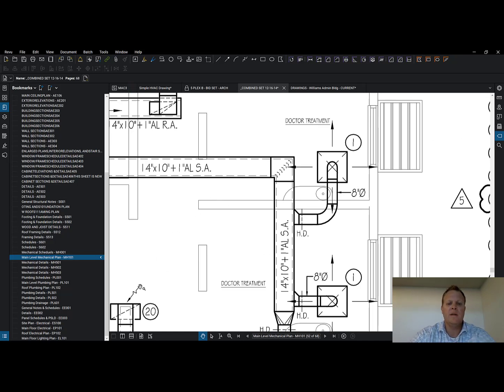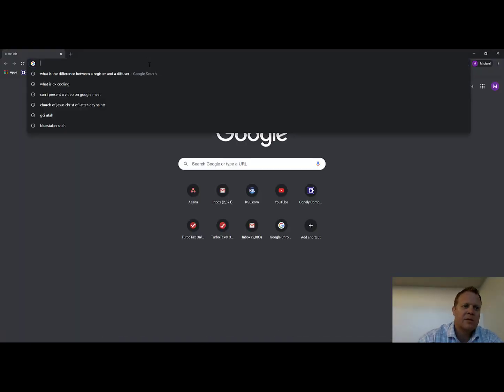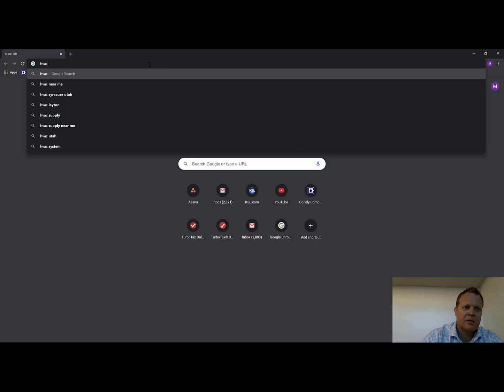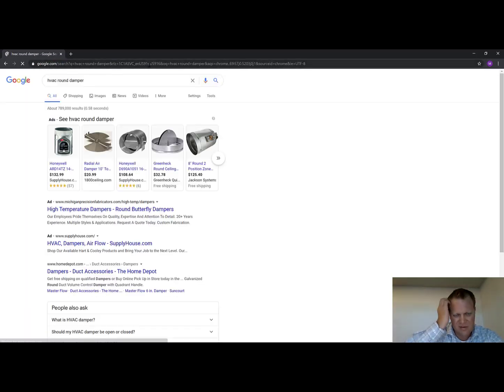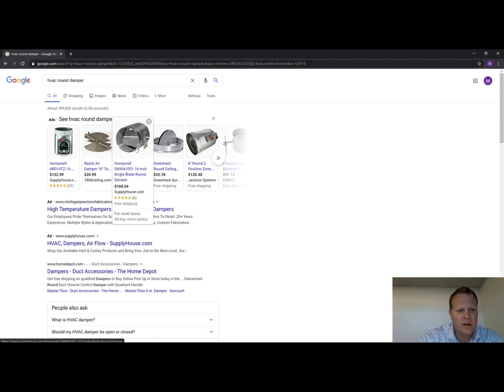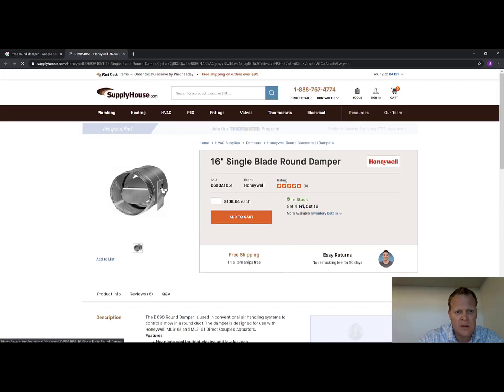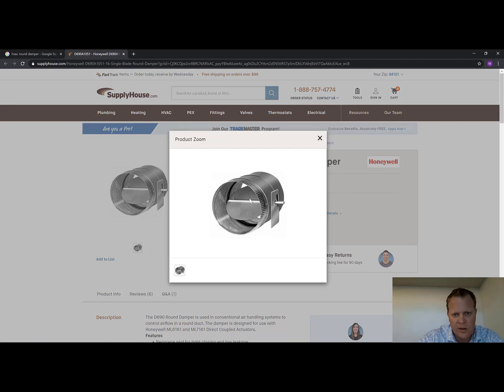Let's see if we can find a round damper online real quick. There you go. That's 16-inch. It's the wrong size, but that'll work. That's what we're talking about. They're turning this and setting this to be able to block or open a certain amount of air so that you can only allow